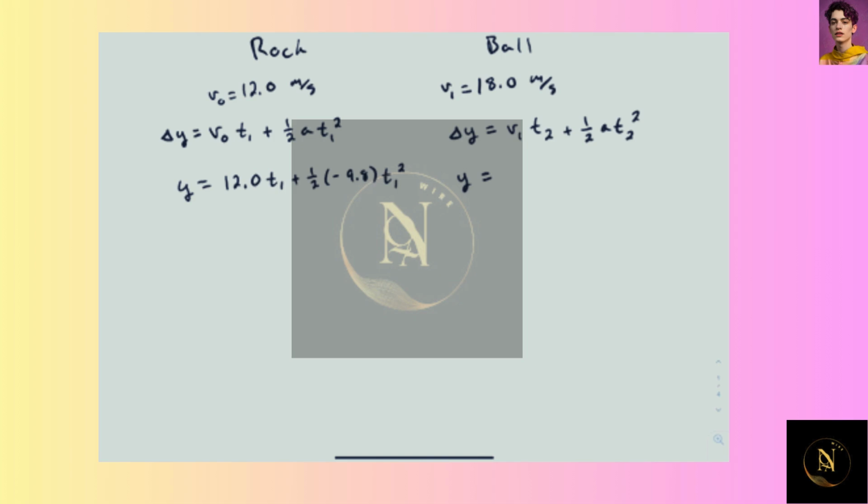And our y over here is v1, which is 18 t2 plus 1/2. Again, I have minus g